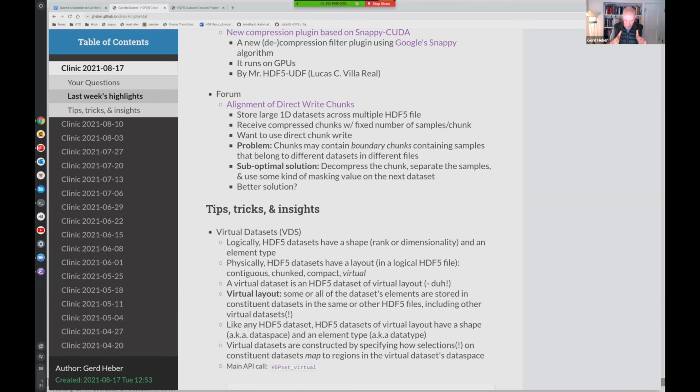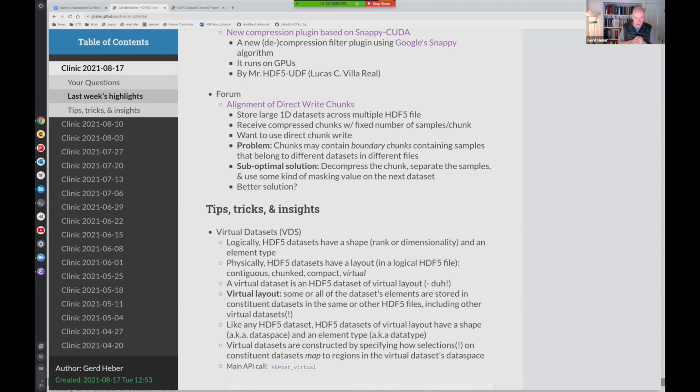Each chunk has a fixed number of samples, compressed just to save some space. For a use case like that, if you want the best write performance, you use direct chunk writing. You can write the chunks directly into the HDF5 file, bypassing the filter pipeline, and you get good write performance.